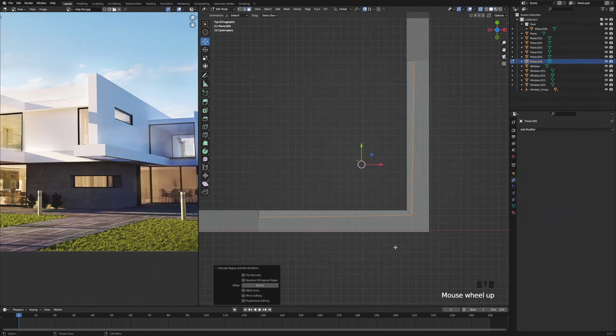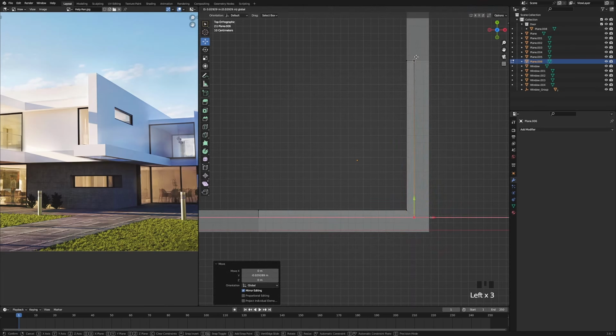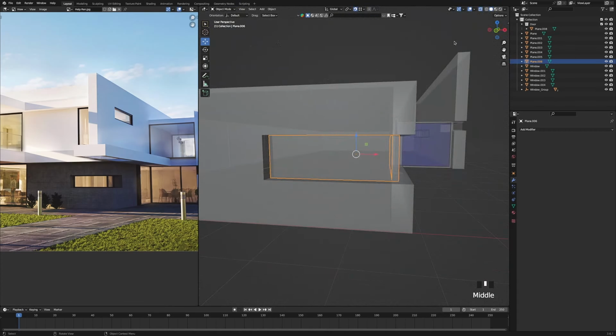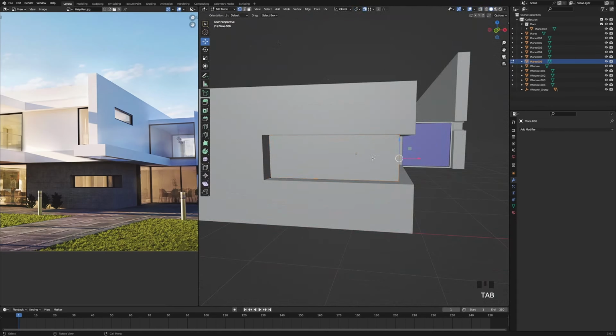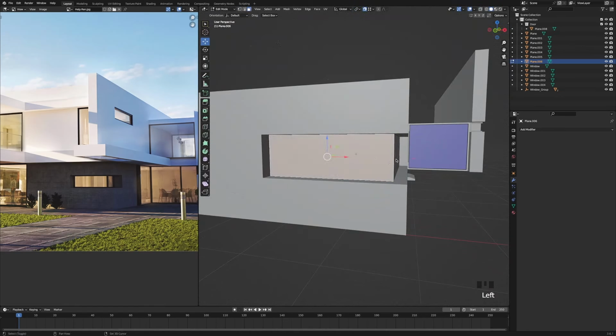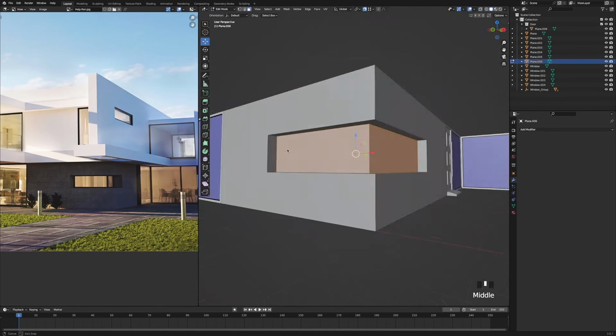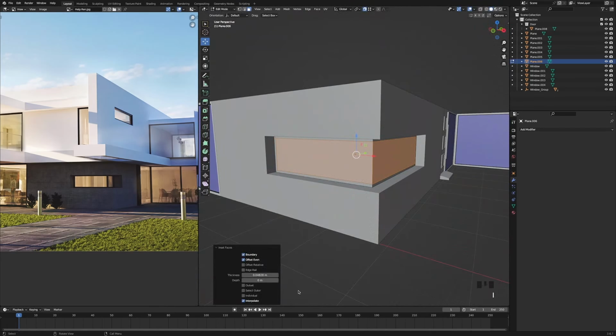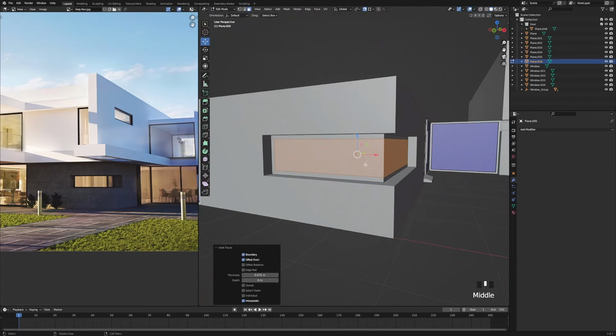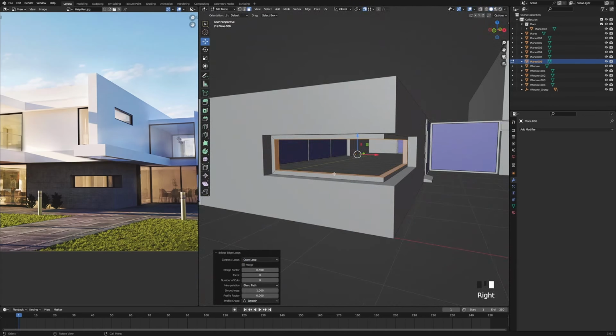Then to straighten it out, we'll press 1 for vertices, select these 2, and snap them to the left, and then bring them out, and snap them to the back. And then press tab to go out of edit mode. We're going to turn off X-ray, press tab to go back in, 3 for faces, select these 2 faces, and these 2 at the back, and press I to inset them in. I'm going to change the thickness to 0.075. Then we're going to right click and bridge them together.